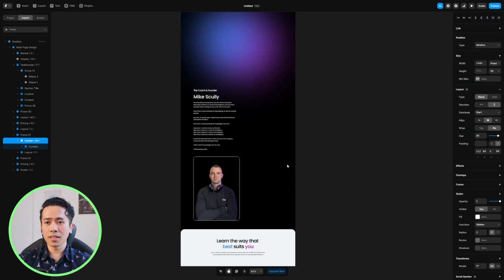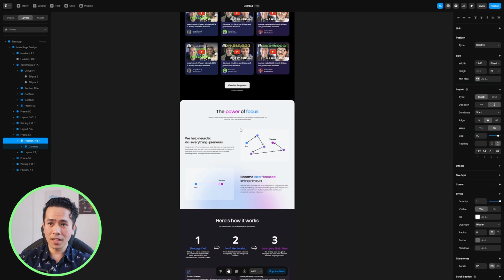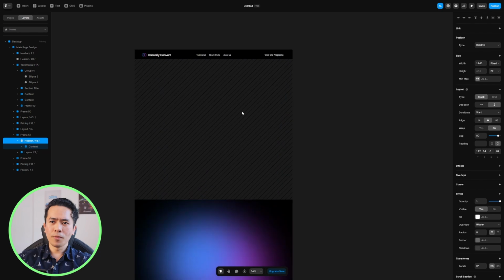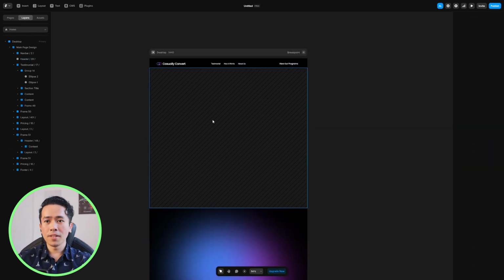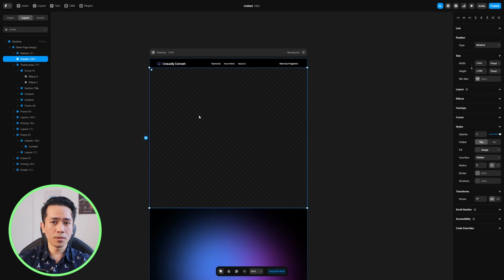So first thing first, I think we can see that a lot of the elements are pretty much messy. So let's try to fix this. Why is our header gone? I don't know why, but if this issue happened with you guys, what you need to do is copy it